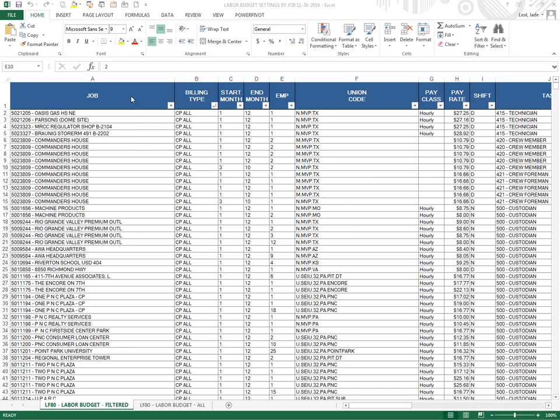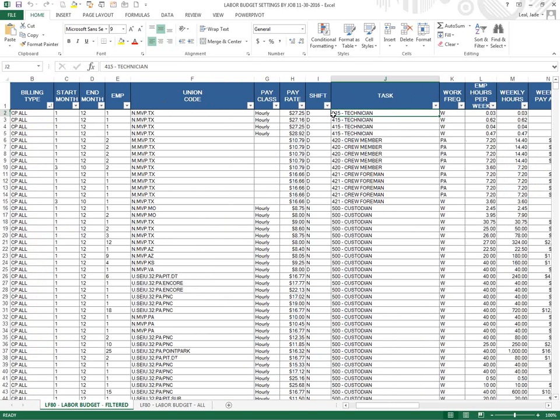So you'll have all necessary information, the job number and description, the billing type of the job, and all labor details, start and end months, of course the employee head count, the union code if any, the pay class, the pay rate of the employees, the shift, night or day, the task description along with the task code,